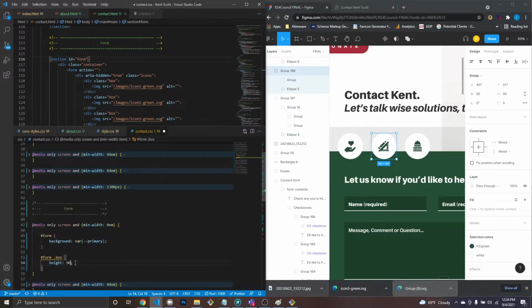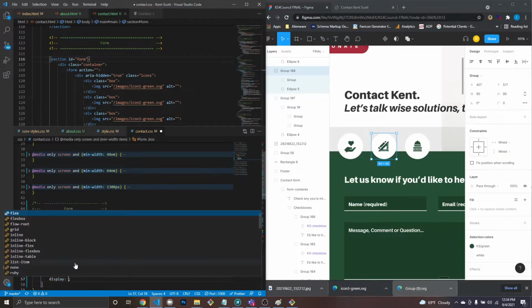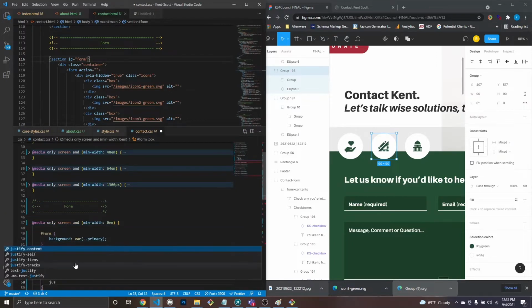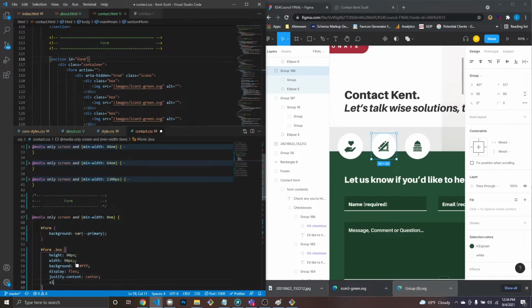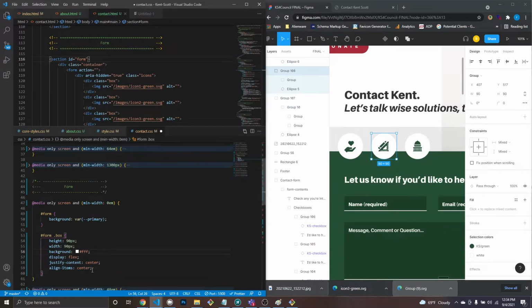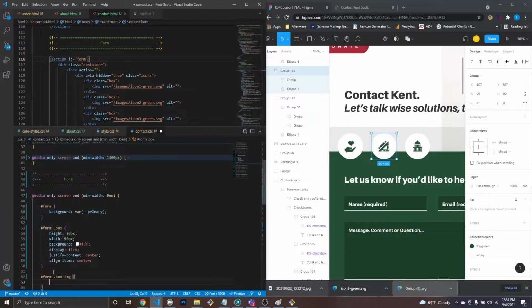Height 90, width 90, background white, display flex, justify content center, align items center, so I can center this on the x-axis and center on the y-axis. And form box, image,